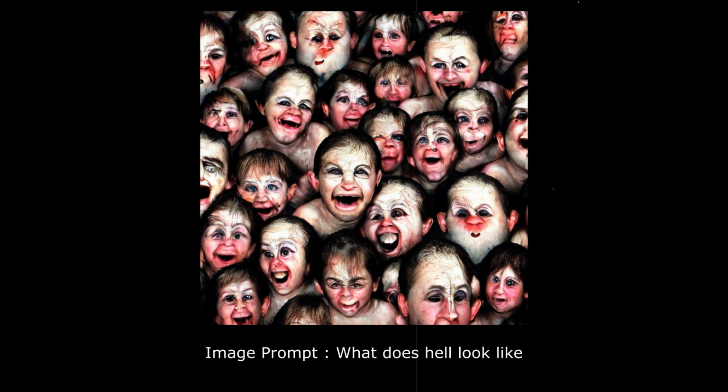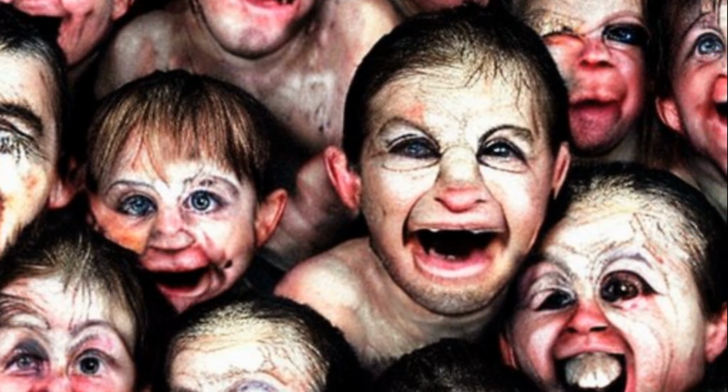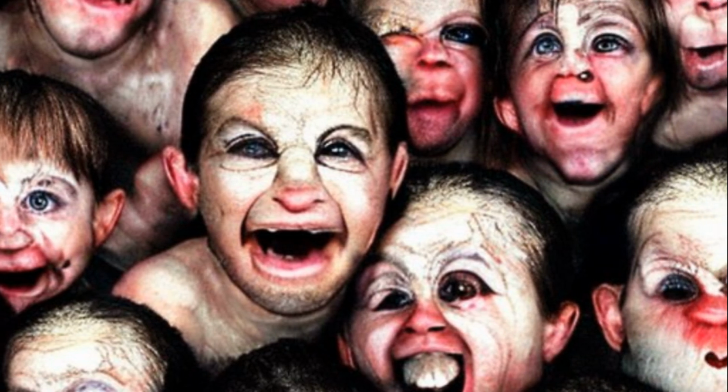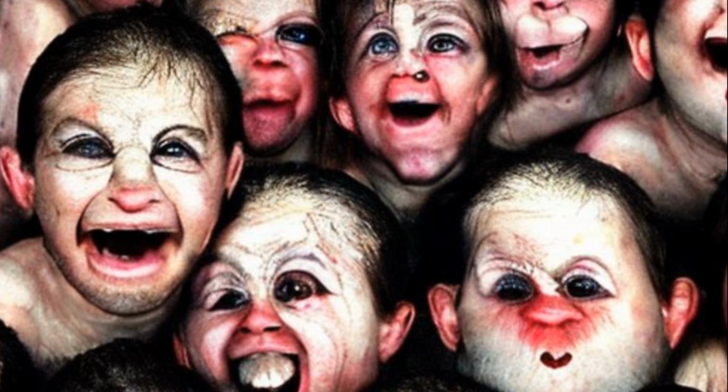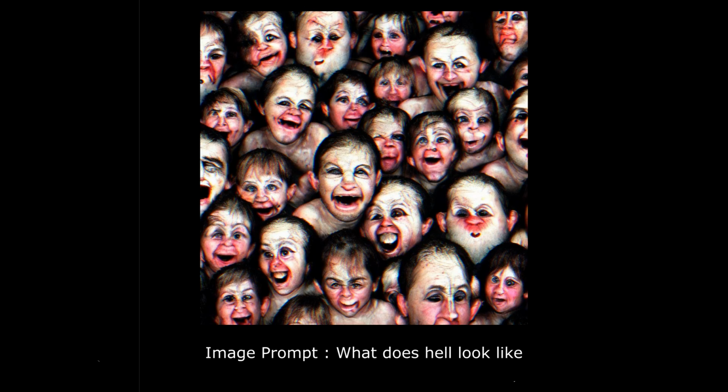Let's take a closer look at some of these examples. This image was generated with the prompt, "what does hell look like?" Notice the chaotic composition, dark color palette, and distorted figures. These elements are common in depictions of hell across various cultures and media, and the AI has synthesized these patterns into a single image. Interestingly, when using the same prompts on different AI software, the same motif persists. They often give us more or less the same idea as the original generated image.